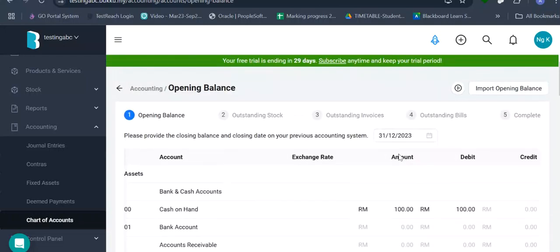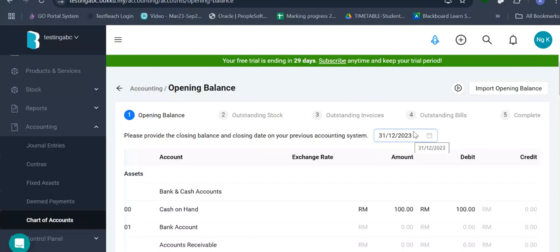Now, other than the accounts separately, we can also have outstanding inventory recorded. Invoices, these are the customer balances, supplier balances, to record all the opening balances. So this part will be very time consuming and it's always a very painful process. We call it system migration, the data migration process. It's a lot of work to do. I wouldn't say it's very difficult, but you have a lot of work to do. In the old days, this was super painful.